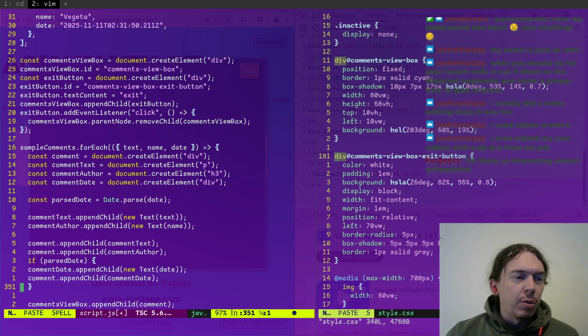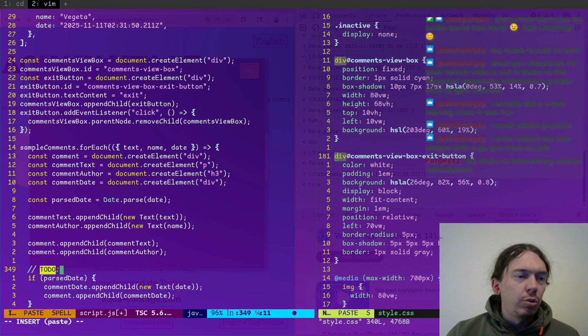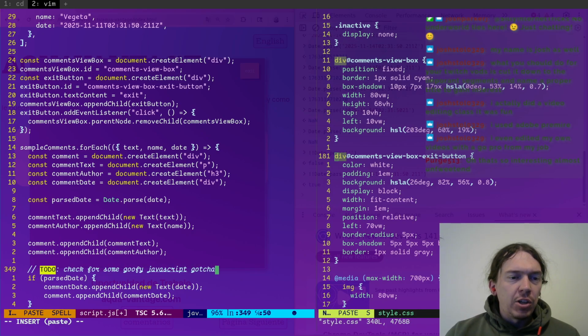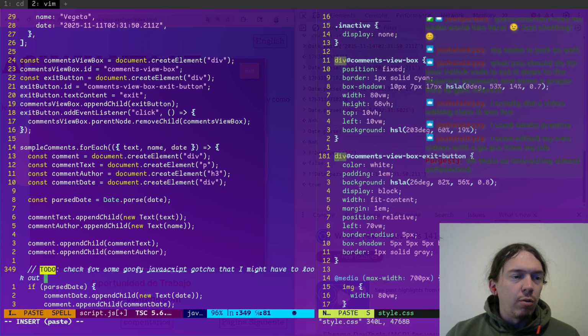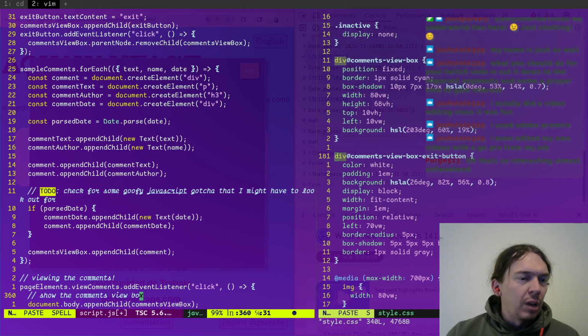I think there's some goofy JavaScript gotcha here. So I'll just put a comment. To do, check for some goofy JavaScript gotcha that I might have to look out for. There's likely some kind of gotcha, but whatever. All right.